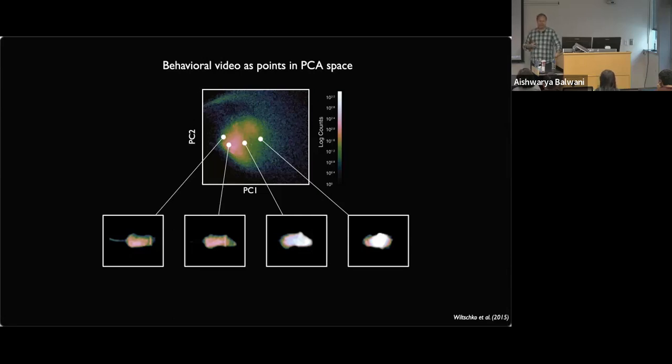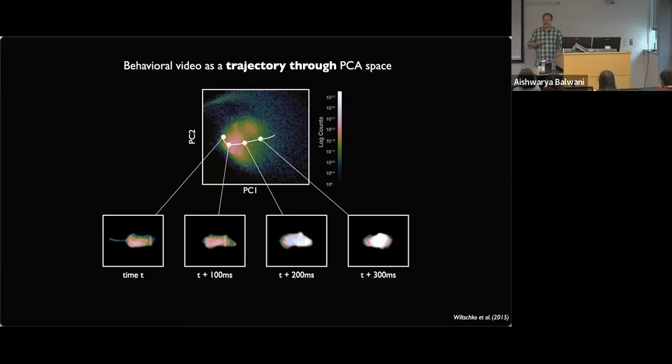So each dot in the span of the top two principal components corresponds to the embedding of one video frame. Some of these correspond to the animal on all fours, others correspond to the animal rearing up on its hind legs. And these aren't just any 4 dots. It turns out this is a sequence of video frames that unfolds over the span of about a couple hundred milliseconds.